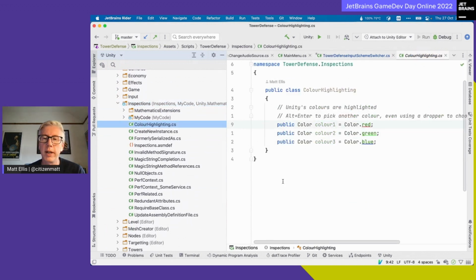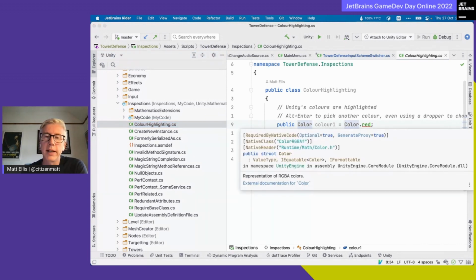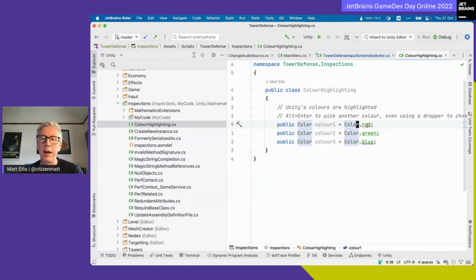So one of the nice ones I like to show, actually, I mean, this isn't an inspection, but it's a little feature that we've got for Unity support, is that we recognize Unity colors here as well. So if we've got, look at that, where are we? It's the Color in UnityEngine.CoreModule. There it is in the namespace UnityEngine. So it's UnityEngine.Color, and we can see that it's red, and it's showing us the red, the green, the blue highlights. And if I do pick color from palette, I can actually,